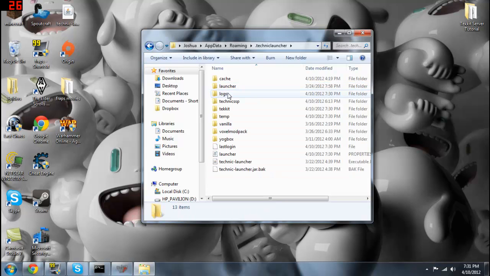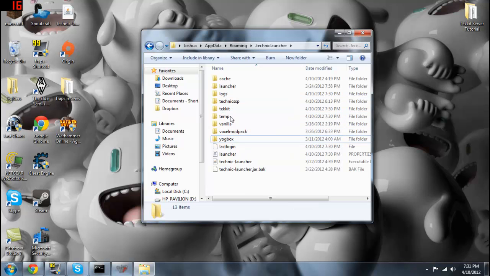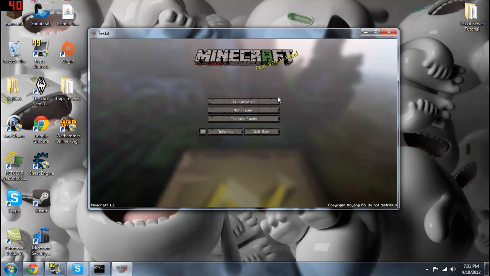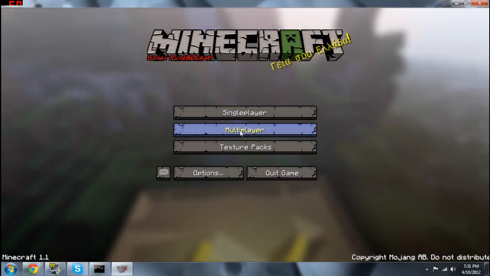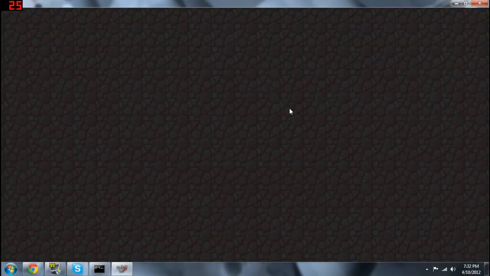Then you can open up your .Technic Launcher. And here's everything that has to do with your Technic Launcher. See, if you look here, you got Technic SSP, Technic Single Player, Tekkit, Vanilla, and Voxel Mod Pack in the Yogbox. You can just go in here and edit whatever you want. But I will let you know that whatever you edit, and if you close out of a mod, it will screw this up. So I'm going to go ahead and join my server I made here,